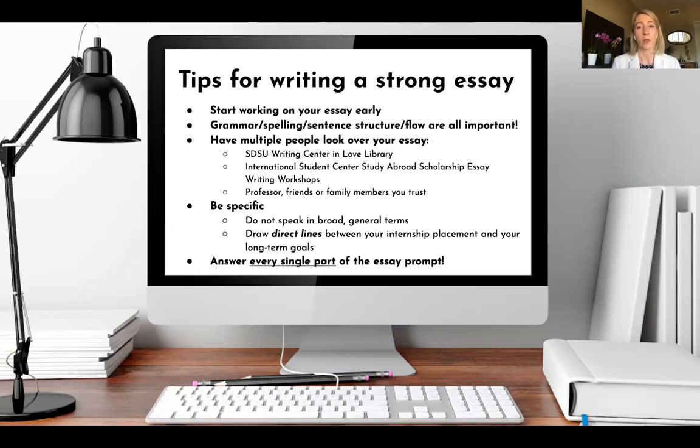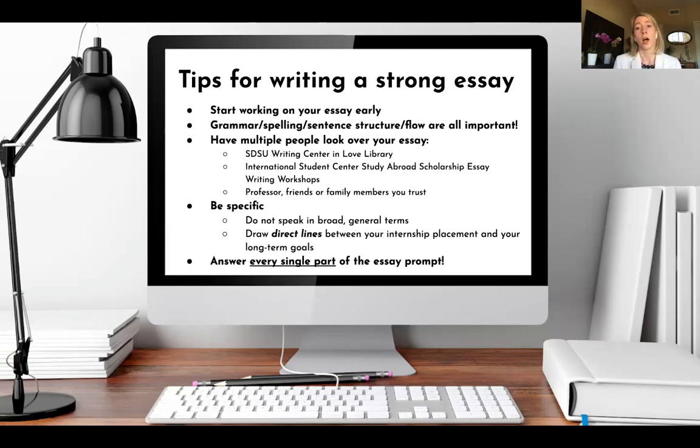We can typically tell the essays that were thrown together last minute. They are usually very weak and really never make it to the final round when we have to make our selection of applications. So start working on your essay early, and start trying to figure out all the details of the internship that you would like to complete early, because it takes time to work through those details, figure out the credit aspect, and figure out if you can do an internship at that one organization or work with a certain program provider. So take time on that aspect.